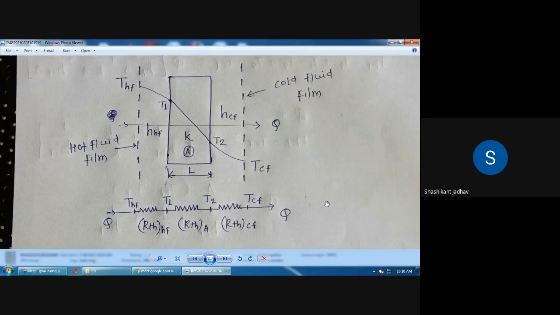Then we have to write down the equation for the metal plate. Can anyone tell me what is the equation for the metal plate? Shinde, can you tell? So what is the standard equation for the plane wall? We have derived the equation for the heat conducted through the plane wall. Using that equation, tell me what is the heat transfer rate through this plane wall. Similar plane wall is there, same temperature difference is there. So what is the equation for that?